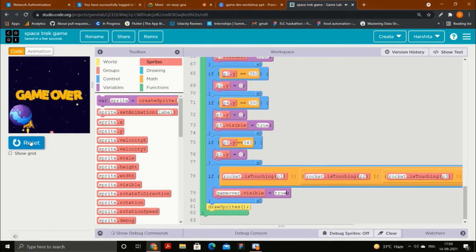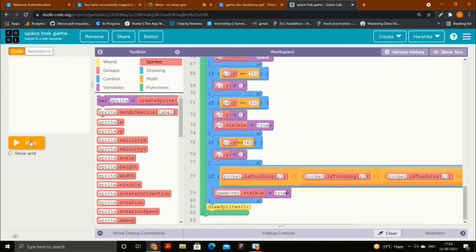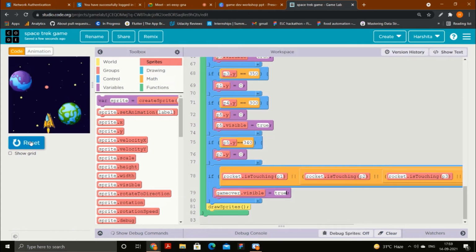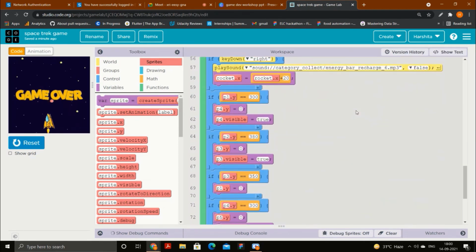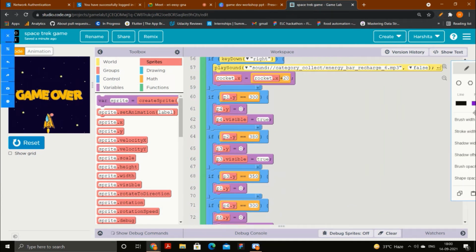Let's say if I touch, yeah, see that is happening here. Nothing is happening. Okay, see, the game over is okay. Please have a look. This might be an error for you as well. See, after a certain point, it is saying game over, even though it didn't touch any of the planets. So now see what is happening here, I will just demonstrate it.